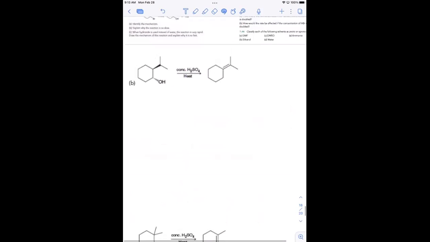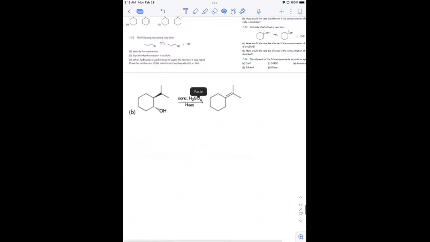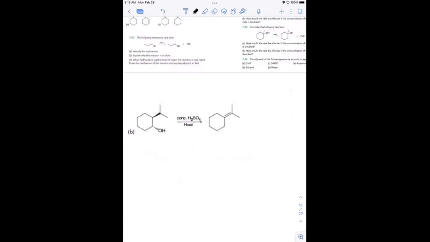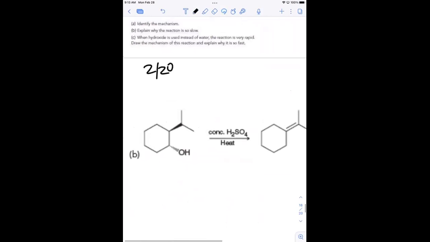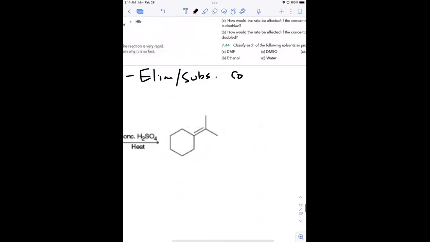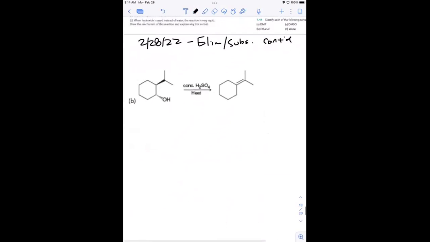The question is, is it E1 or E2? Let me put a date up here too, right quick. All right, so is it E1 or E2? What do you think? And tell me why. Doesn't it have inverted stereochemistry? Well, that's a good